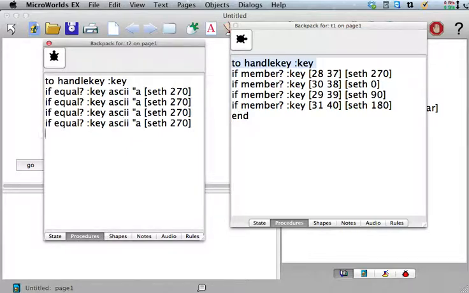We're going to need 4 of them because we have 4 directions, right? So let's do a W for heading 0, and a D for heading 90, and an S for setting 180. Okay, so now you can